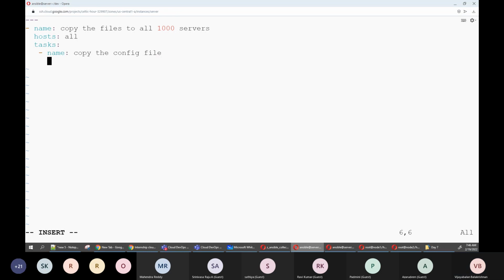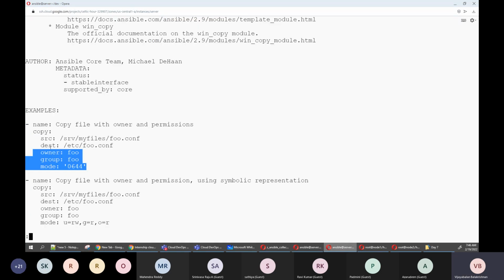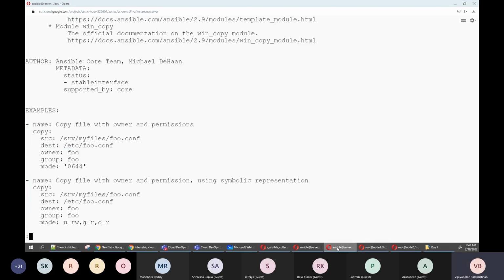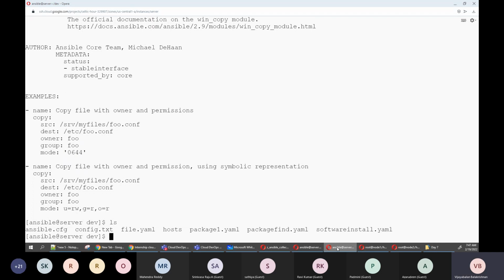Now I'm going to use the copy module. What is the file name? Go here and understand the syntax. So src, the source, which we kept in the same directory. What is the file name we have given? config.txt.